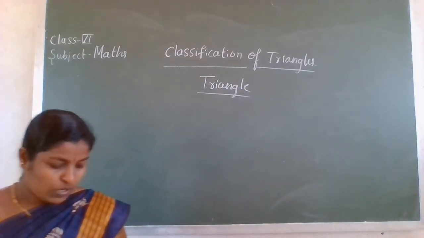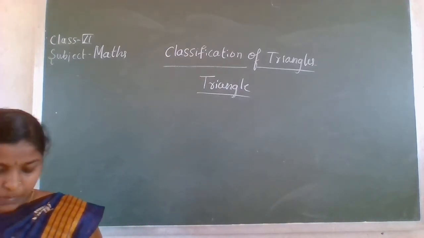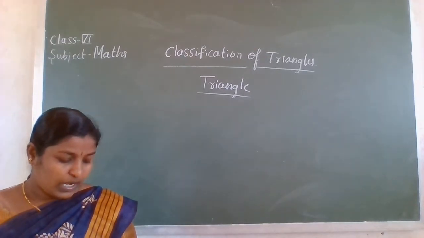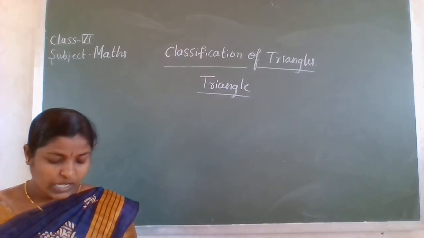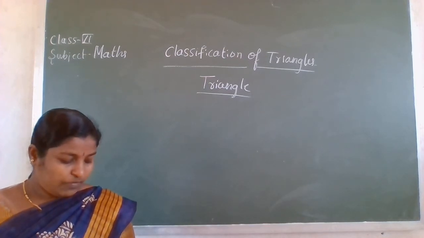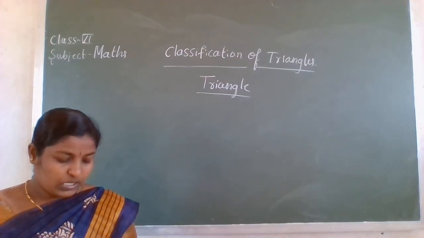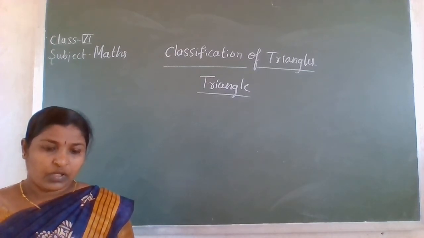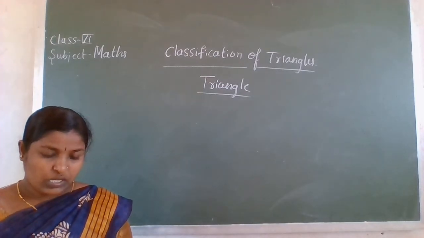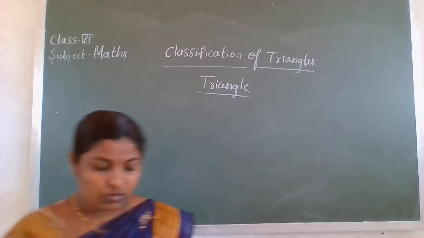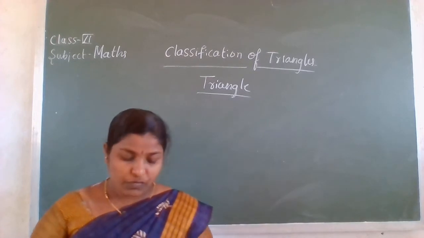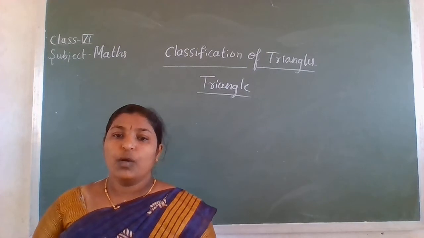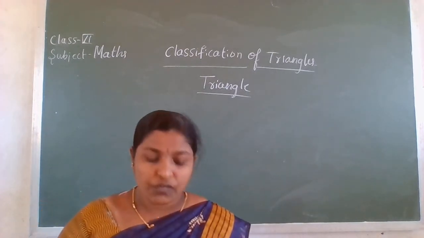Now they told us to identify and write the measurement of these angles. Using a protractor and a ruler, find the measures of the sides and the angles of the given triangles. Fill the measures in the given table. We will do this tomorrow. Before that, we will discuss some more related to types of triangles.